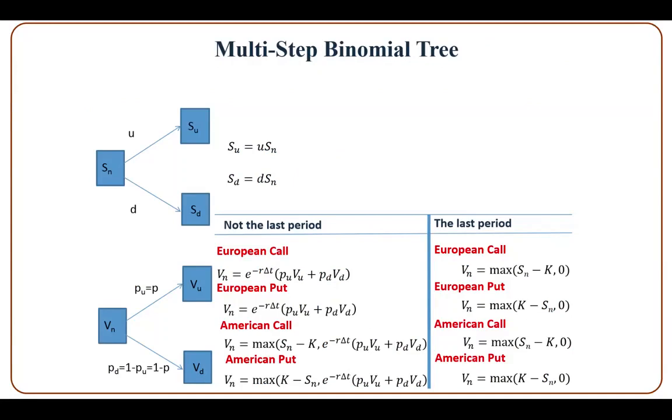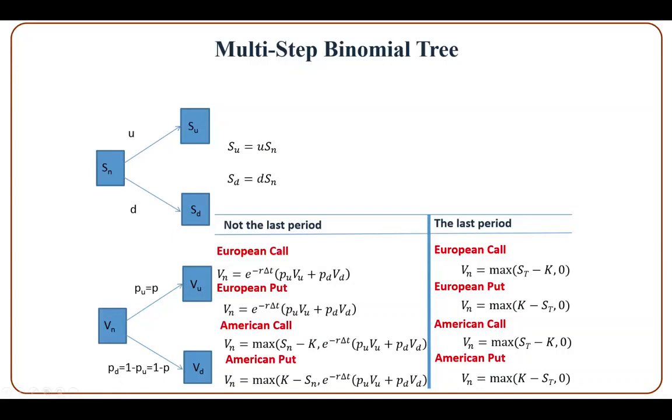As the last step or the last period, the value of the European call or American call can be calculated as the max of the asset price at maturity minus a strike price K and 0, and the value of the European put or American put can be calculated as the max of the strike price minus the asset price at maturity and 0. In other periods which are not the last period,